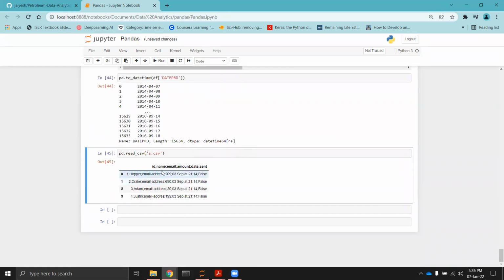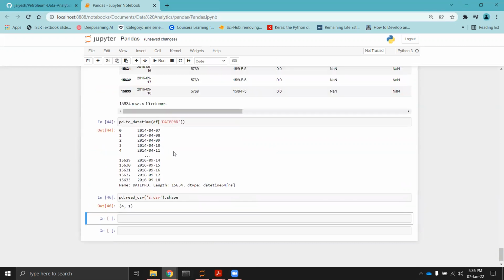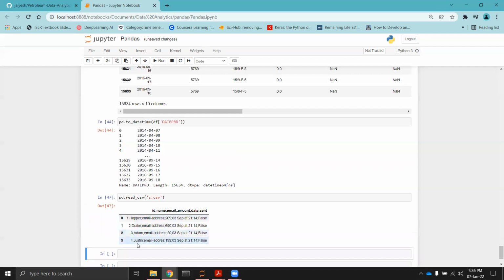But what if we haven't used the comma? For example, here we are using the comma and dot in that text file. And if I read this with pd.read_csv, here you can see the data points are separated by this comma and dot. And if you see the shape, it is going to be 4x1, because 4 rows were present and we have taken all the things in only one column.